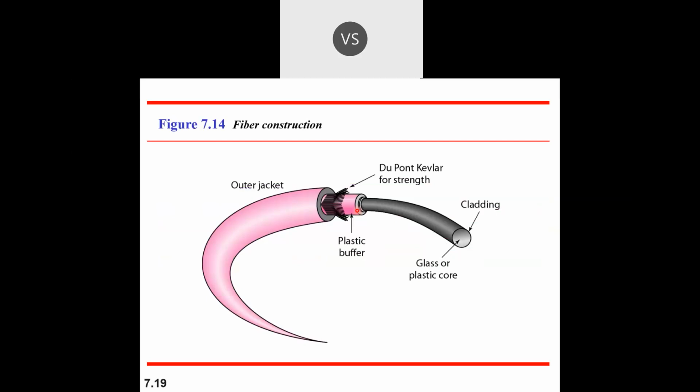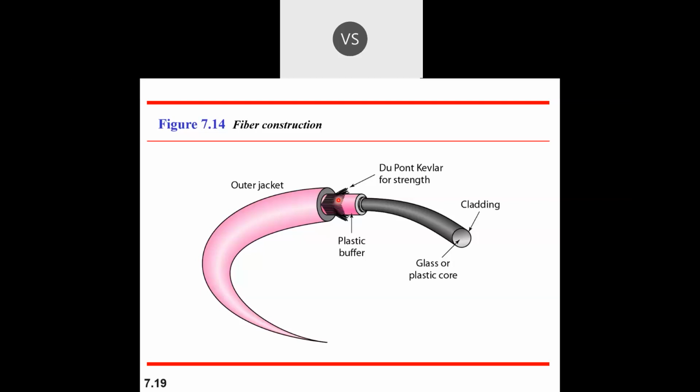These are the look for the fiber. There are cladding and core, such type of the structure is there. It is just protected with the plastic buffer. There are some strengthening material, outer jacket. So there are several layers or several coatings on that particular fiber to give them flexibility, because